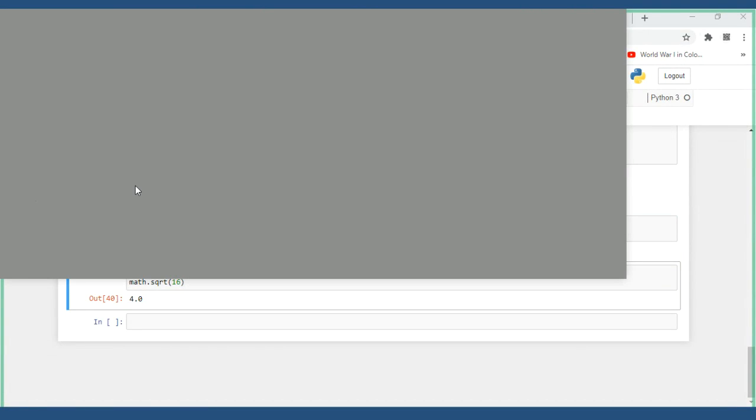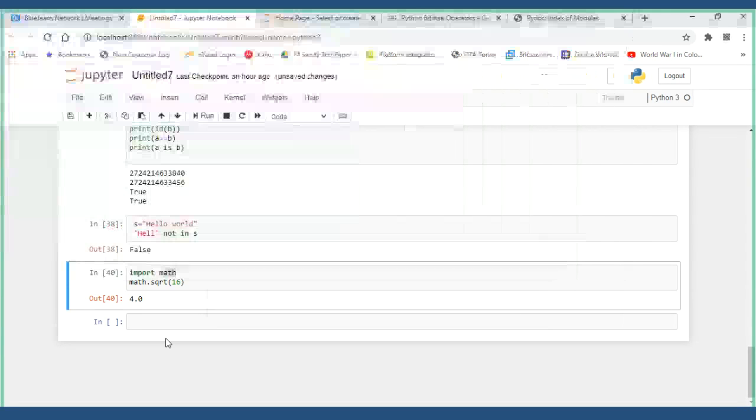Let me check where exactly the location is, so that it will be more useful for you guys. Math, math. Okay, modules, tools. No, it is not there. TCL is not there. Libraries, math. No, it is not there. Okay, DLLs, it is not there. I don't remember in which folder it will be available, but I thought of showing you guys. I don't have any clue in which folder it will be available.